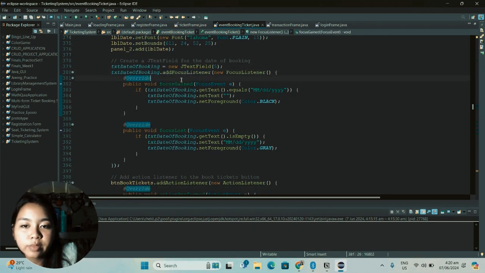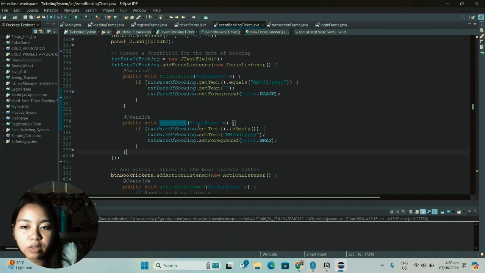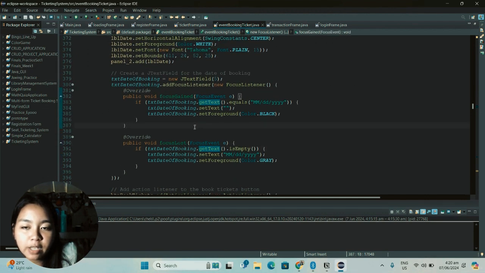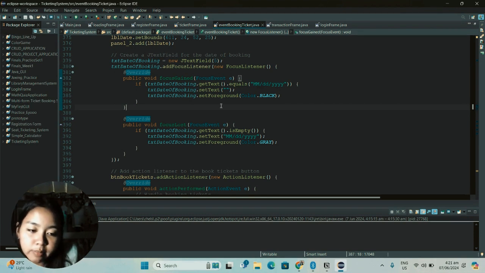We implement focus events, for focus gained and focus lost methods, for our text box for date of booking. Because of this event, when we look at the text box there will be a display text. But if you click the text box, or want to write something, the text is removed, because the text is only a display, not the true content of the text box.